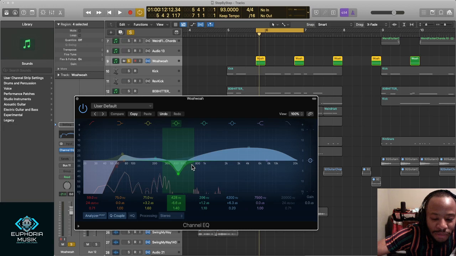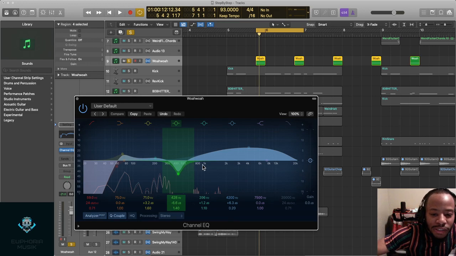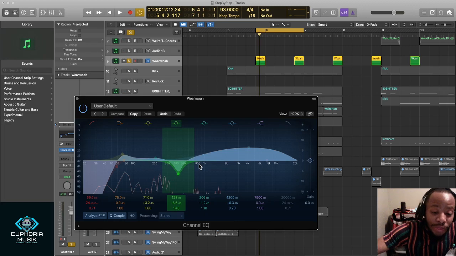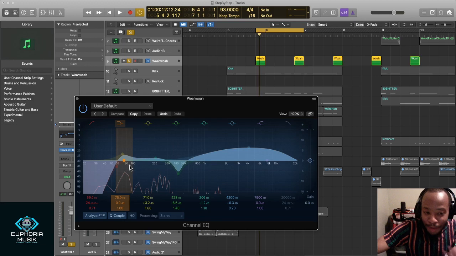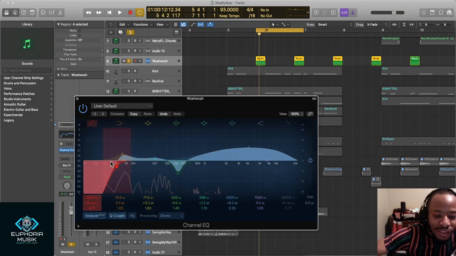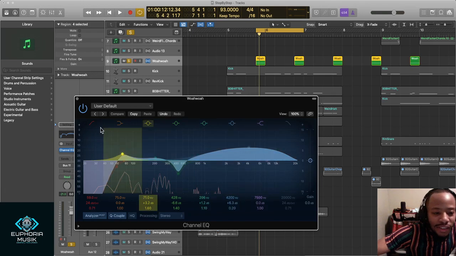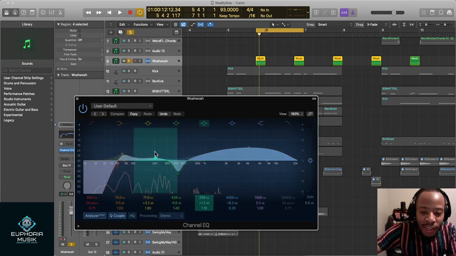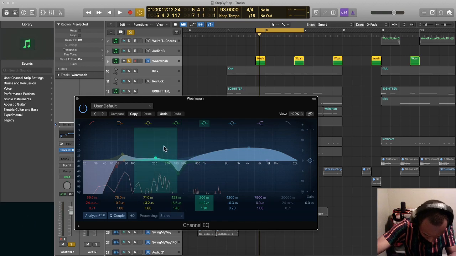That's where mud, body and thickness is going to be. How thick something sounds is really around 500 to 800. As far as big body and bass, you're going to hit right down here, 100, 200 or less. So I made sure I boosted that and cut where I needed to so it didn't sound too muddy.